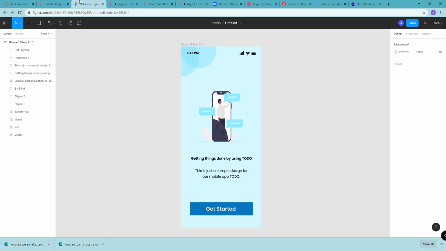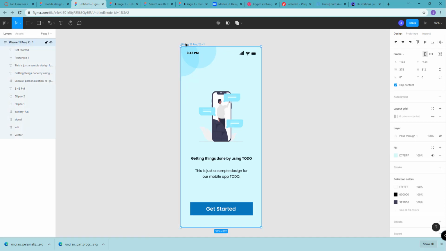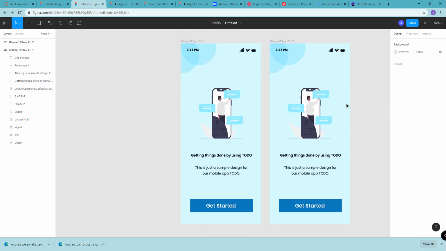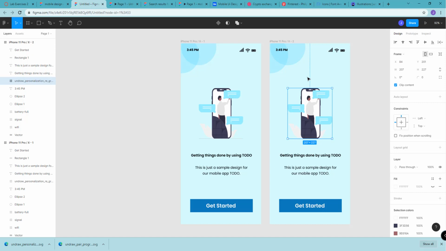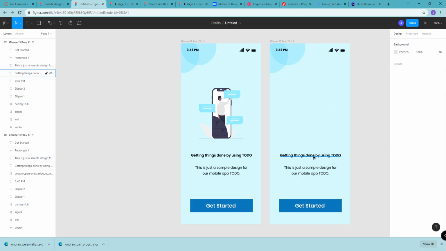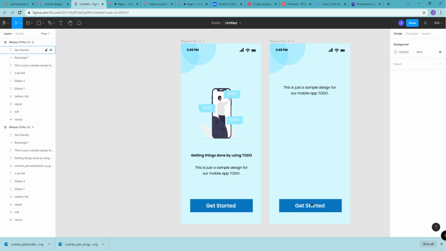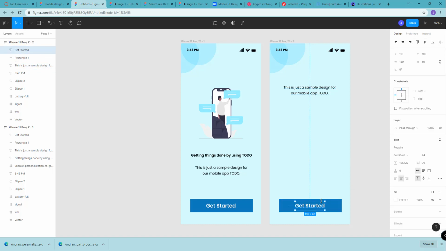Say, for example, you want to add a login screen. So all we have to do is click the screen that we are using, and then we can duplicate this by using Control D. Okay, so now we have the two screens for our UI design. We can remove the illustration. We can retain this particular text, and we can use that later on. So this will be for login,